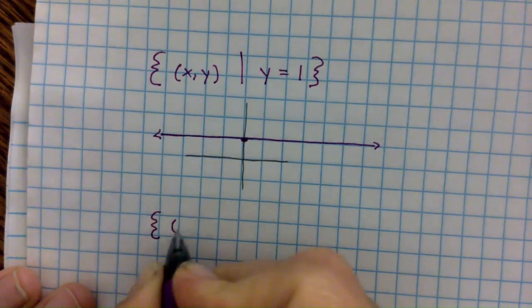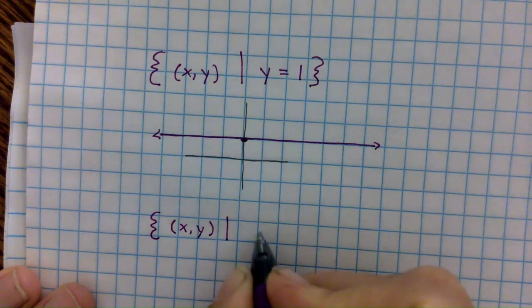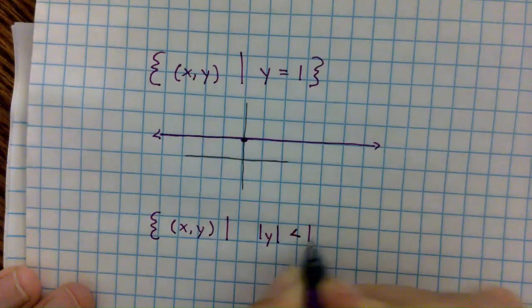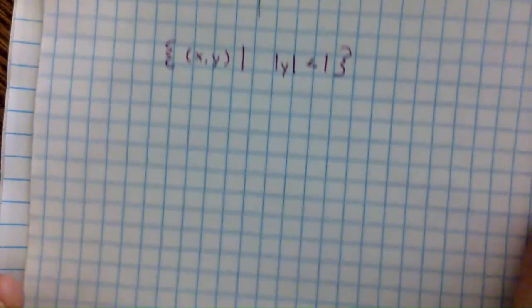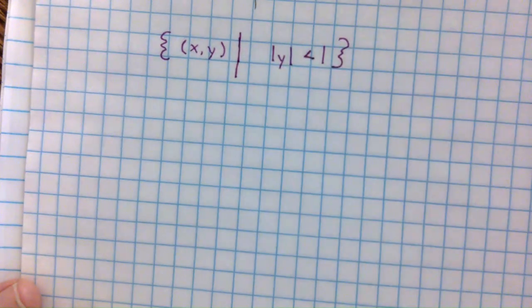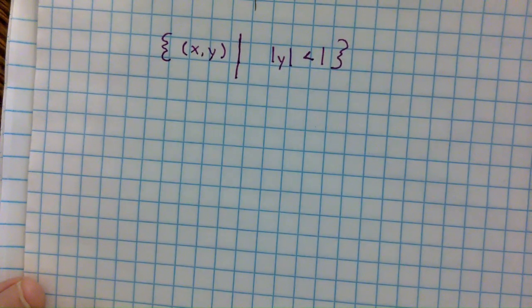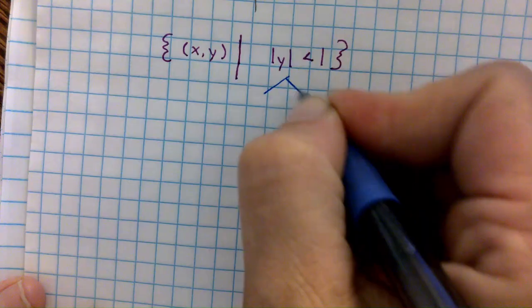So what about all ordered pairs such that the absolute value of y is less than 1? Oh, well, in my graphing calculator, I can't put the absolute value sign on y. I can only put it on x. So that tells me this is not going to pass the vertical line test when I get the picture done. However, we have learned in other videos that in order to drop the absolute value sign, we have to